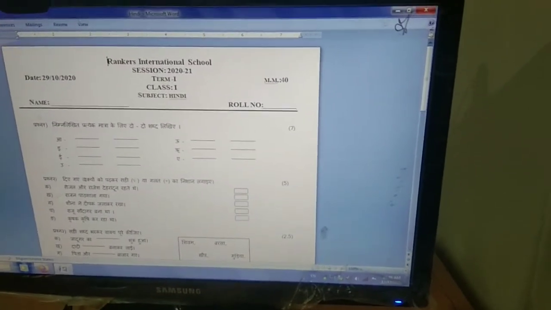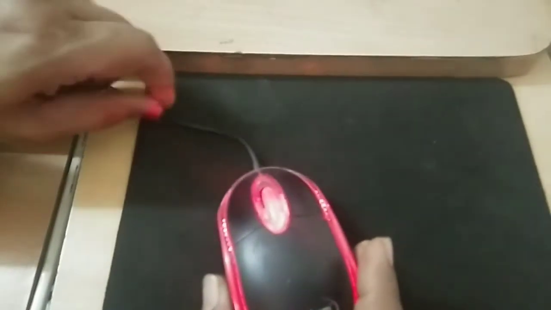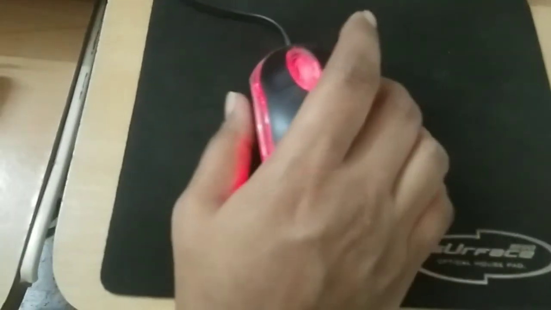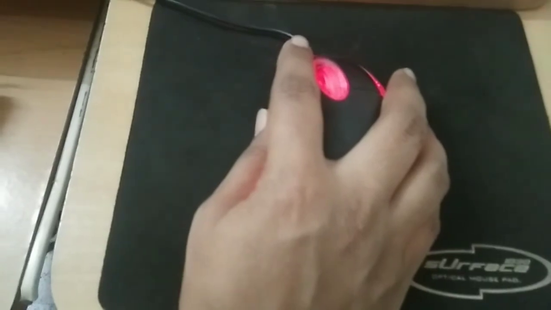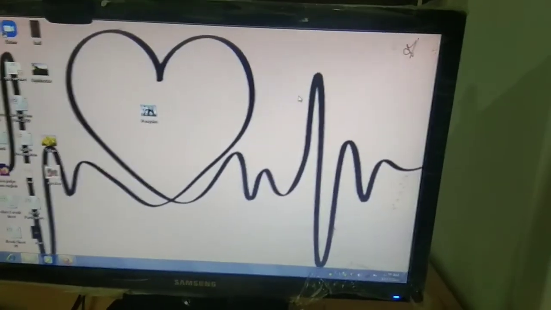And one more thing, you can see this mouse, this is the with wire mouse. Okay, this is the wire of the mouse, है ना. तो this is the with wire mouse, and some mouse comes wireless, जिसमें ये wire नहीं होती है. ठीक है, so this is not a wireless mouse, it's a with wire mouse. Okay, now I'm closing it again. See, I have to close this file, so I will click on this close button once. Now you can see that the file has closed.